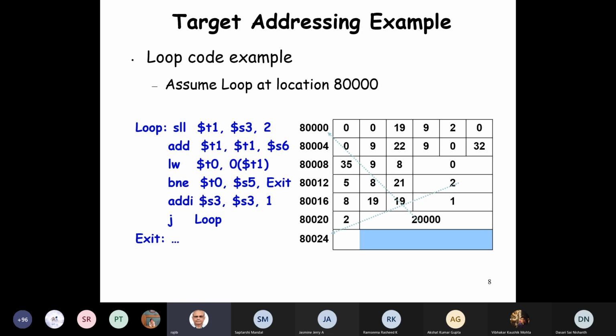Now let's assume the same code that we had written in the last slide. The code is loaded at memory location 80,000. We have the shift left instruction. 80,004 is the add instruction, etc.